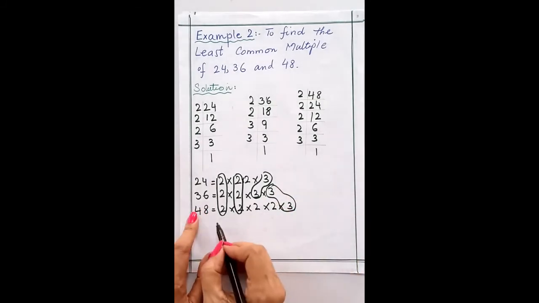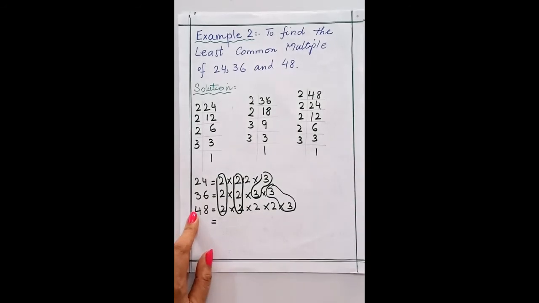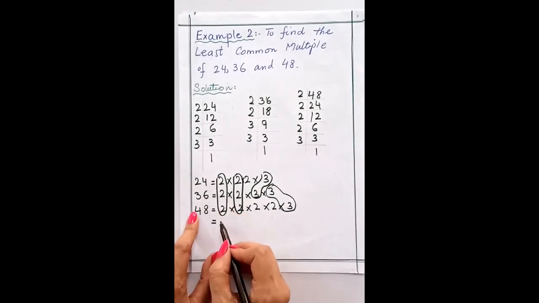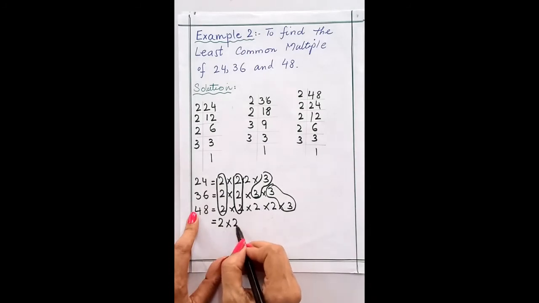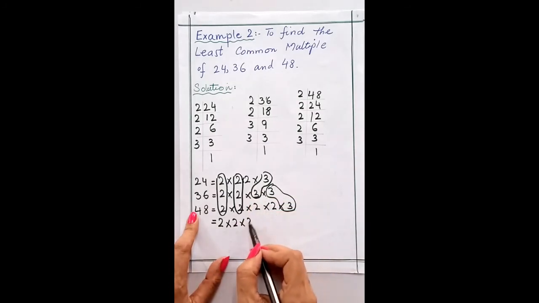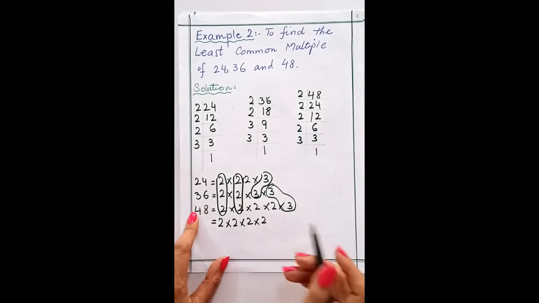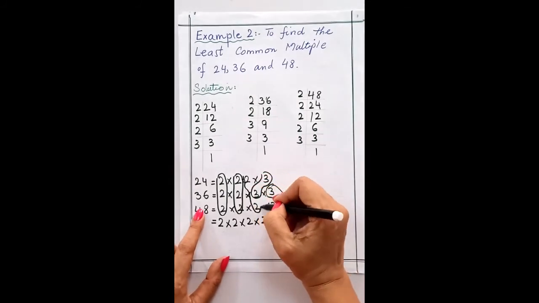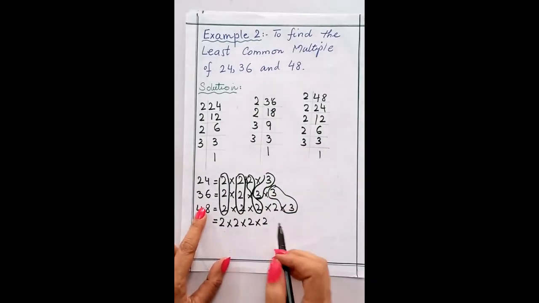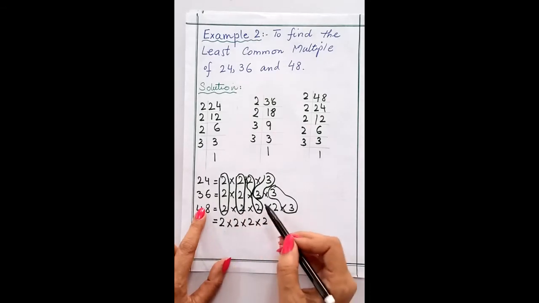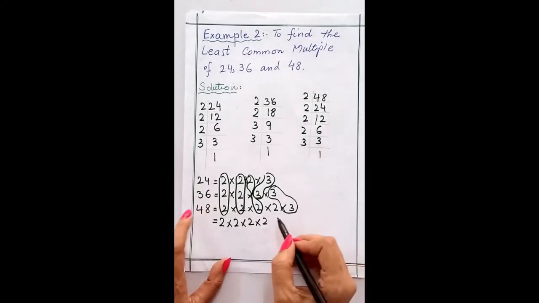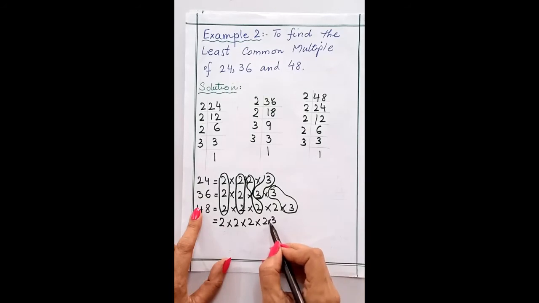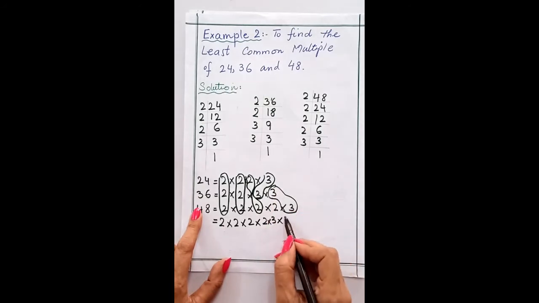So students, I am writing here all the common prime factors and the leftover numbers. So this 2 becomes once, multiply all these 3 2s becomes once. Then this 2 here and this 2 here, yes, this 2 is also common because it is twice. So 2 multiply by 2 multiply by 2 and this 2 is left single. I am writing this 2 again. Now this 3 once and this 3 once.